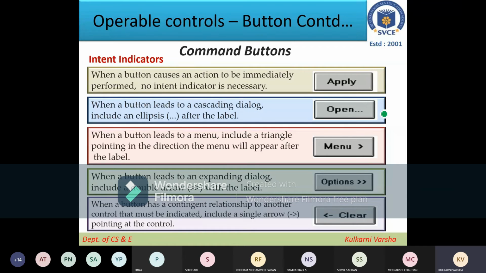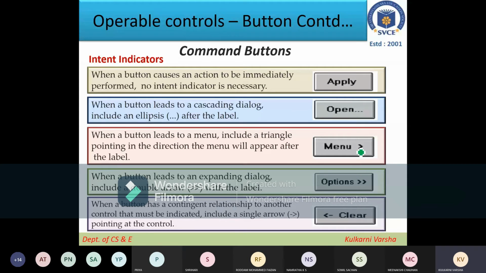Then you need to do some setting, or add some values or data, and when you say OK through that dialog box, the action will start. So this Open button is not taking any immediate action, but is opening a cascaded dialog box.